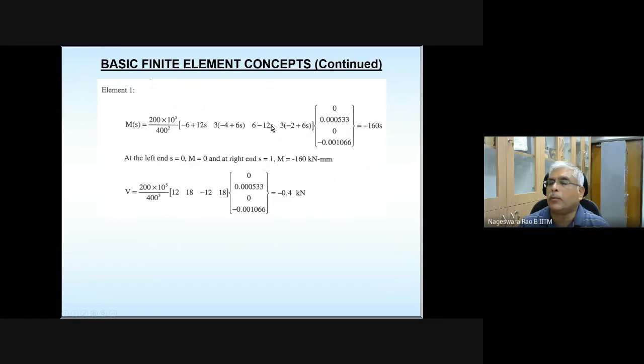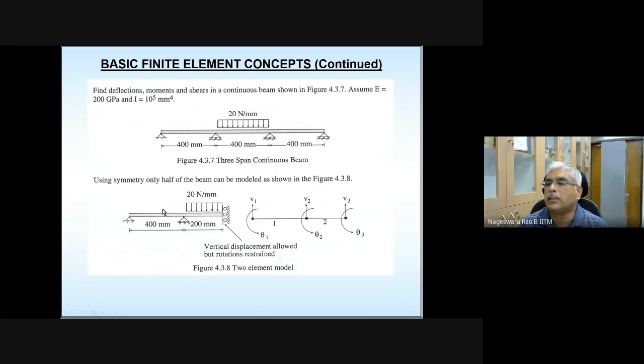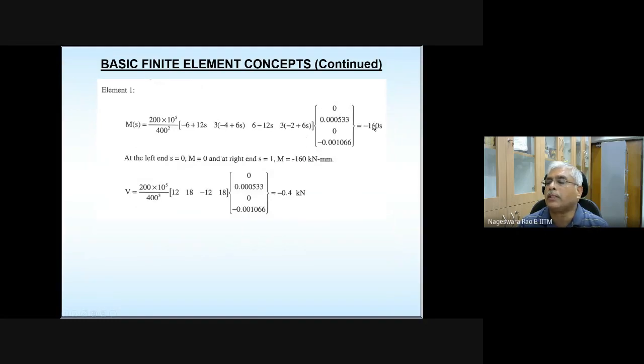This is nothing but interpolating using the derivative of finite element shape functions and nodal values. And there is no fixed length correction here. Why? Because there is no load on the first element. Even if you apply fixed length correction, it's going to be 0, because Q is 0, load is 0. So there is no fixed length correction for the first element. If you want, for completeness, you can write the fixed length correction and substitute load equal to 0.